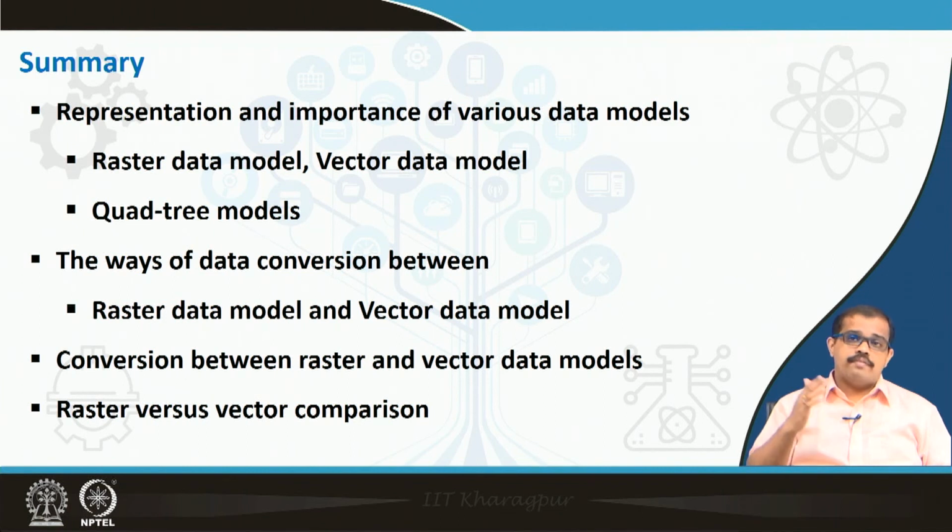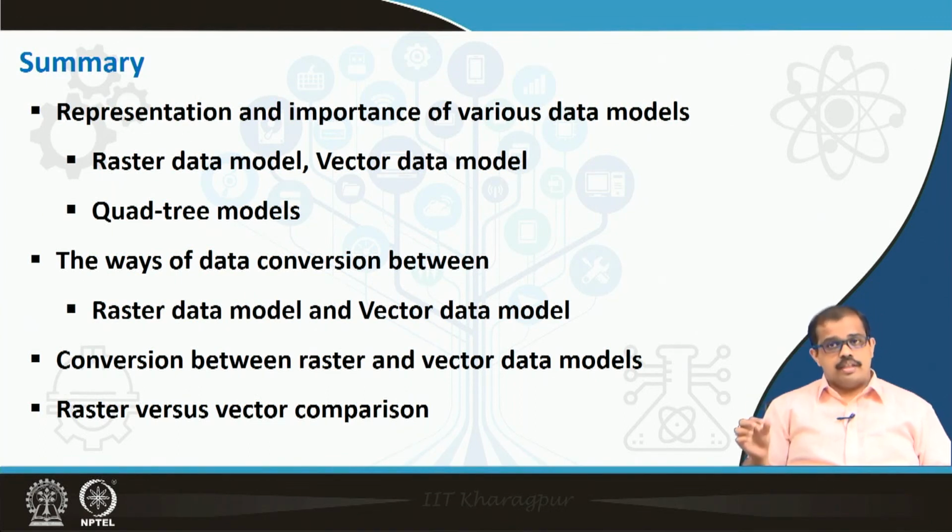Then you have raster to vector conversion, wherein each of these rasters you will have to digitize and give it an attribute value, and then it is converted from raster data to vector data. So, this is what we learnt in today's class. We also learnt how raster data is better in certain ways and how vector data is better in certain ways. So, it is up to the user to choose what kind of data model he or she wants to use in their analysis.